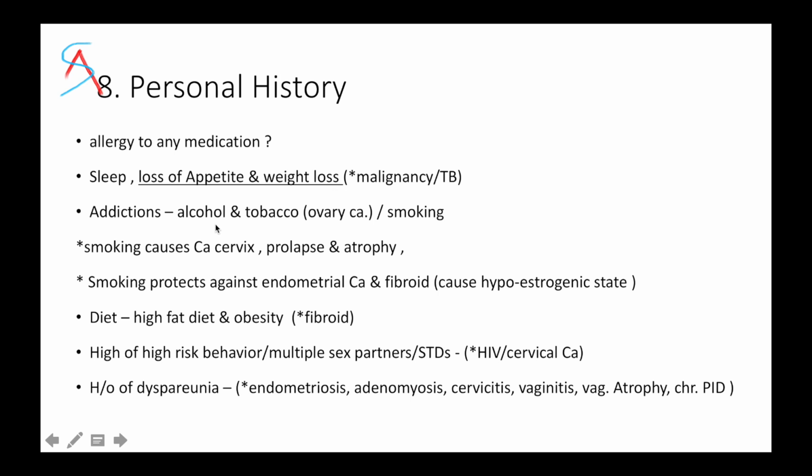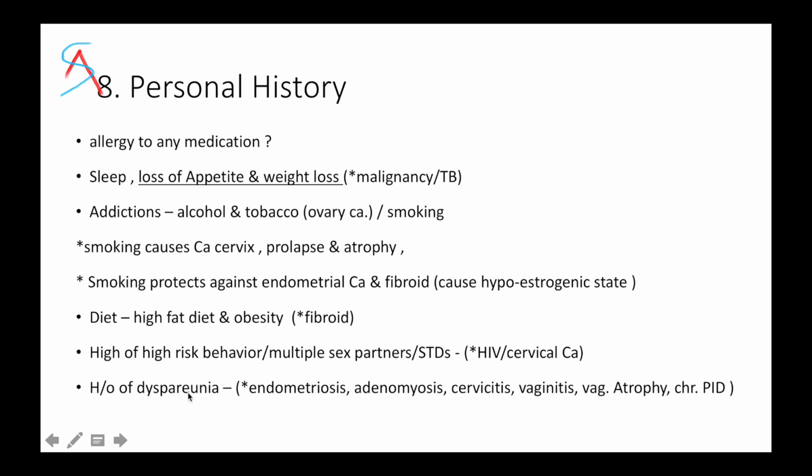If there is any history of addiction, especially alcohol and tobacco, it is considered a risk factor for ovarian carcinoma. Smoking is a risk factor for cervical carcinoma, prolapse and atrophy. But it is said that smoking is protective against endometrial carcinoma and fibroid, as smoking decreases the estrogen state. If there is any history of high fat diet and obesity, it mostly is a risk factor for fibroid. Then any history of high risk behavior or multiple sex partners, because it is a risk factor for HIV and